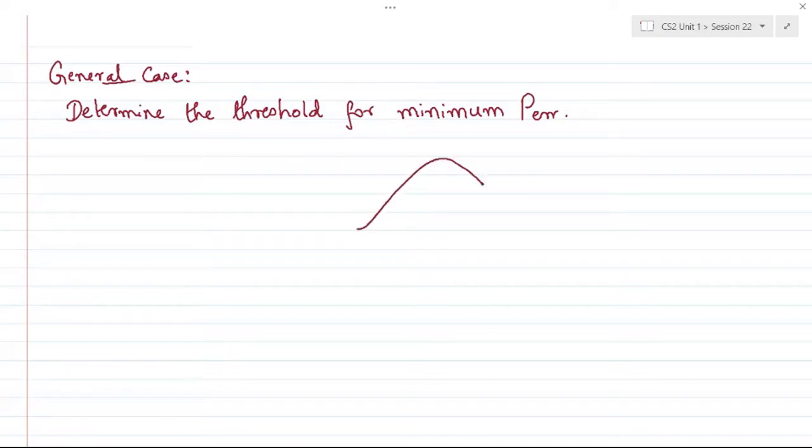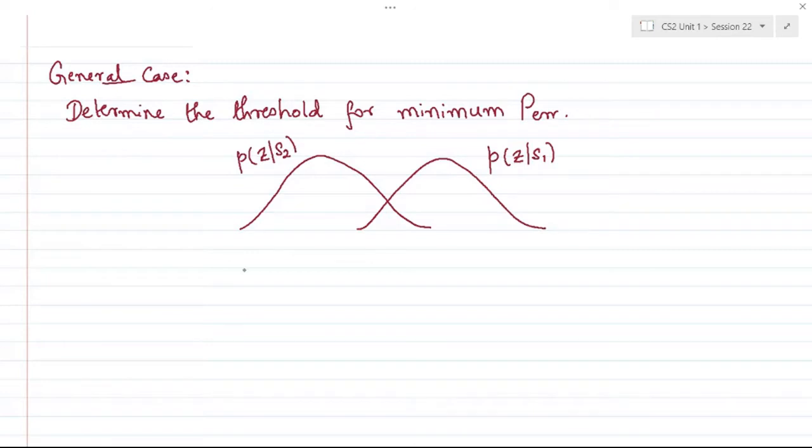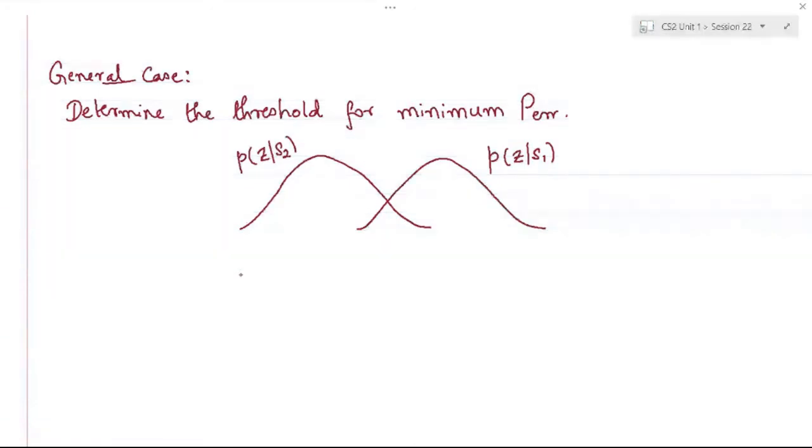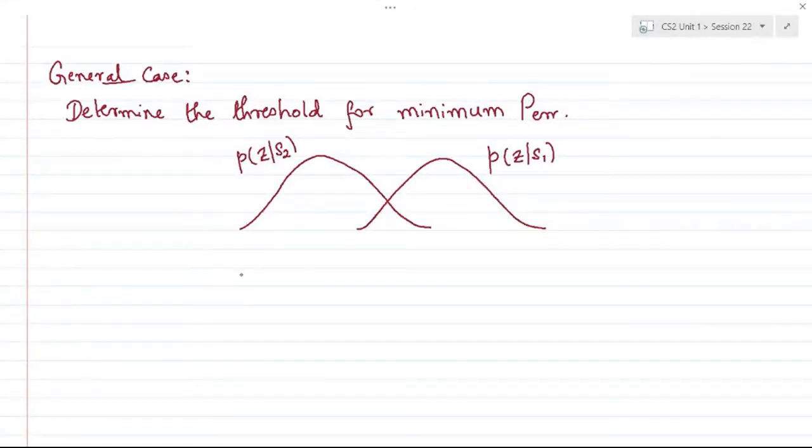I'll just redraw that two symbols case definition, where this represents the probability distribution of the test statistic given S1. So we're using various line coding schemes because it's delta Z that affects the probability of error, right? Correct. Okay. So we'll understand more clearly when I take particular cases.